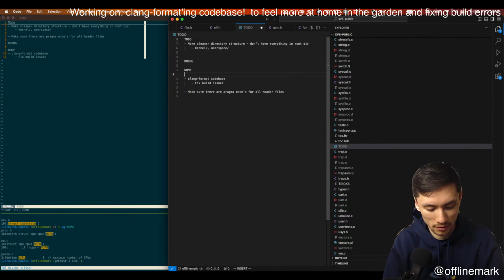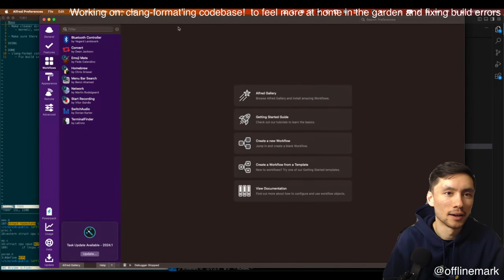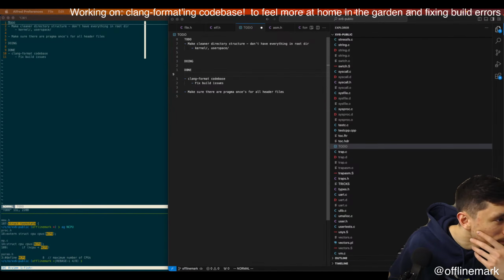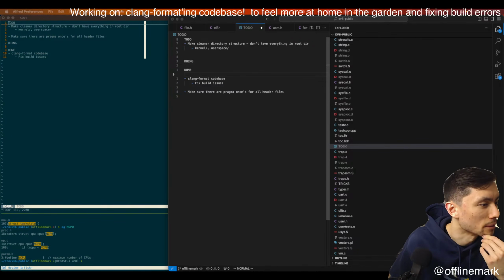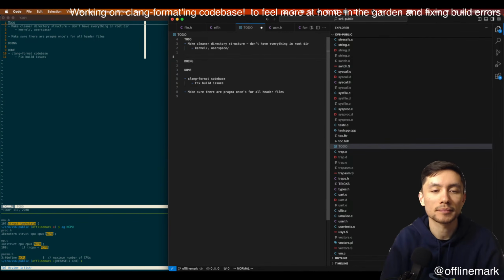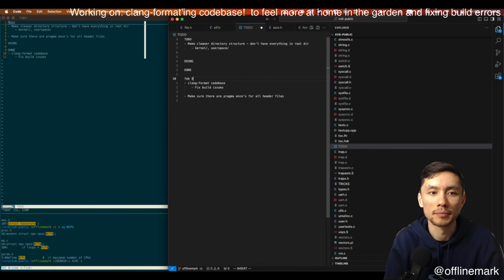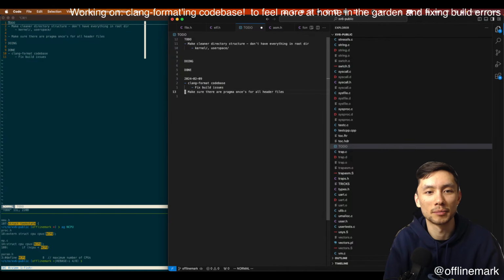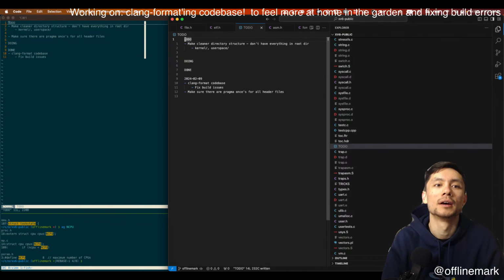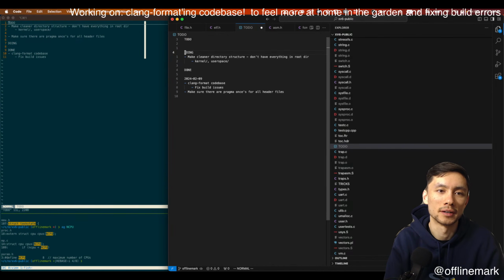Nice. Maybe I will insert the date if I can do that. Alfred. Where's my Alfred date? Oh, bummer. I don't have the date copy paste thing. All right. Well, I'm just gonna do Feb 9. Or do I do 2024-02-09? That's a bit more proper. Okay. Well, this was the other idea I had. I don't know if I will work on that tonight though.